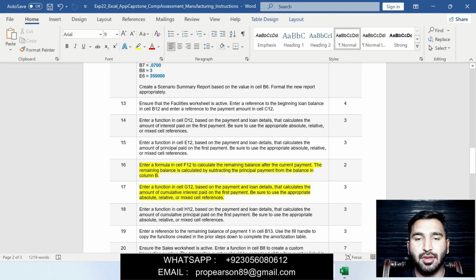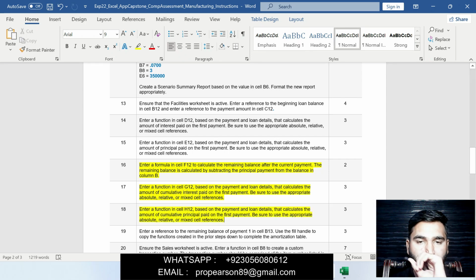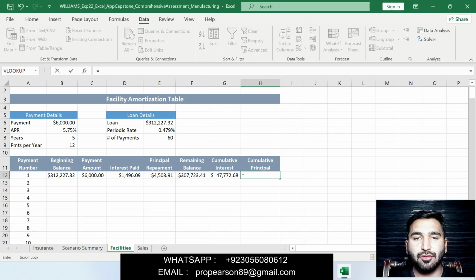Then the next question is question number 18. Enter a function in cell F12 based on the payment and loan detail that calculates the amount of cumulative principal paid on the first payment. Be sure to use the appropriate absolute and mixed cell references. Moving on to Excel, click on cell F12, press equal to, enter